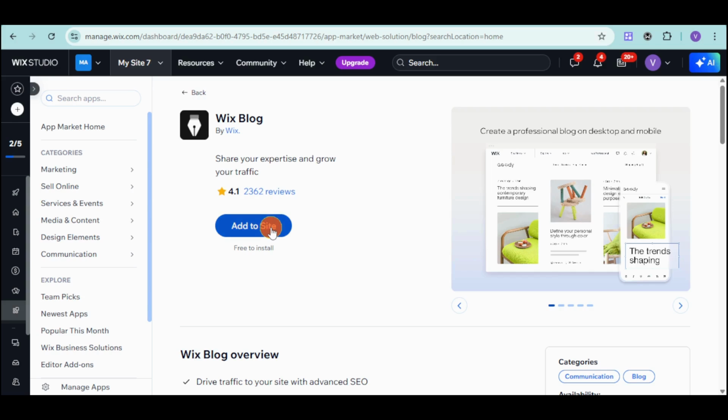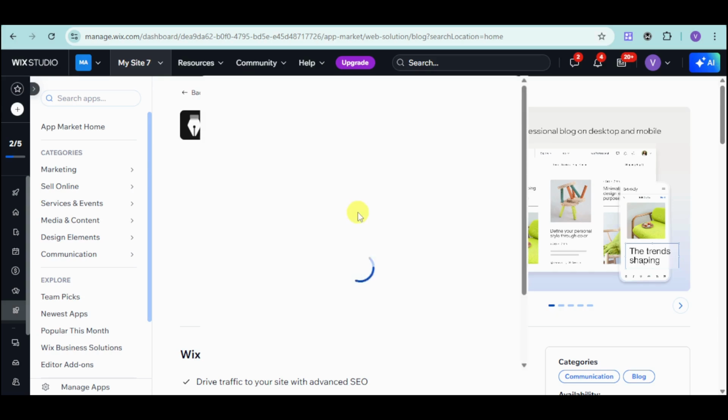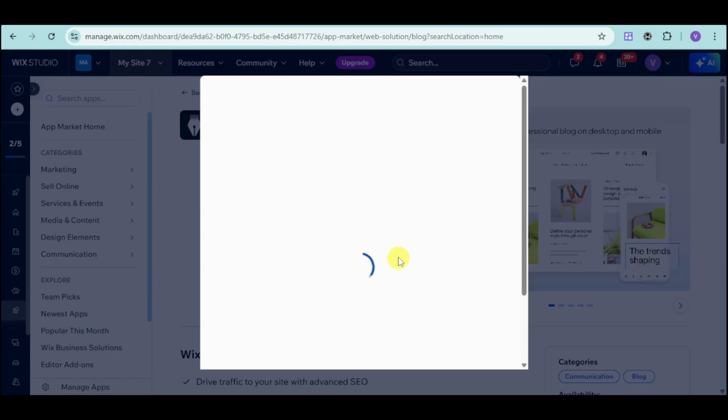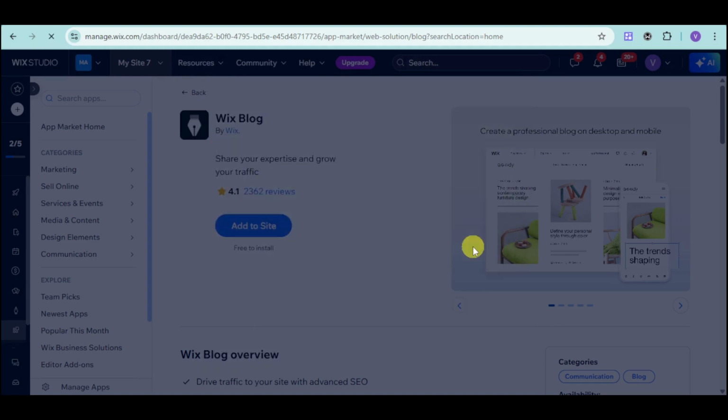Click onto this add to site option and then after that, this will load in a few moments and it should be able to let us add this particular application. As you can see, it's adding the Wix blog to your site, and once it's done, you should be able to create blogs onto your dashboard and publish it to your